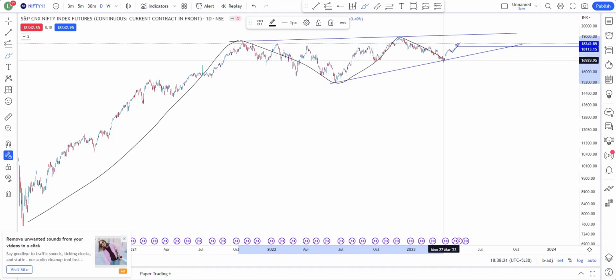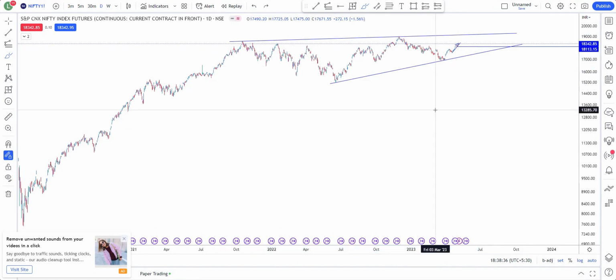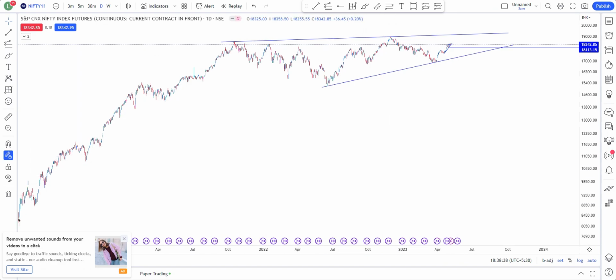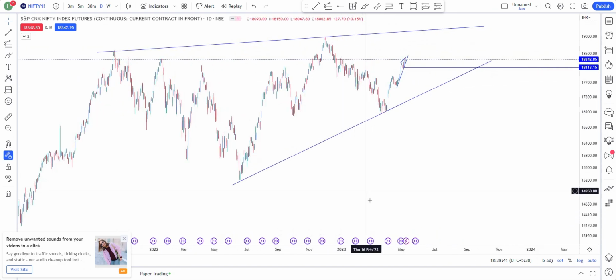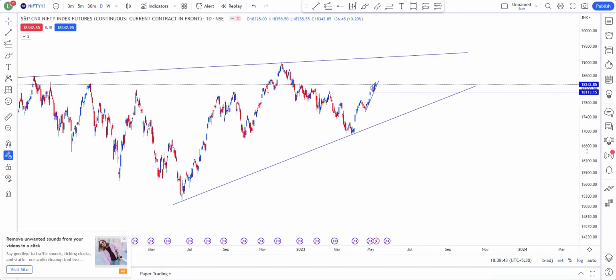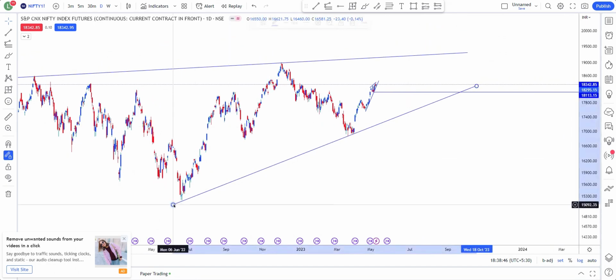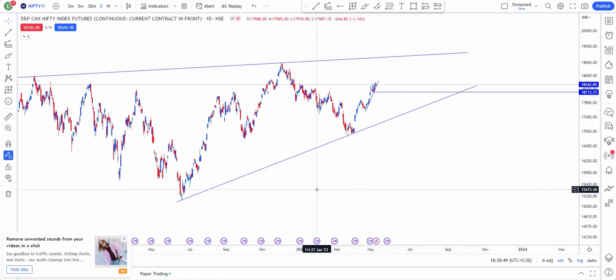So possibly this is a natural thing that after this much momentum thrust, either to the upside or downside, there will be some pause. You might have observed that consolidations take much longer than the impulse moves. Impulse moves means the momentum moves. So this is the bigger time frame analysis which I think has a probability to play out. But let's see if it goes that way or not. This is completely dependent on the market moves.